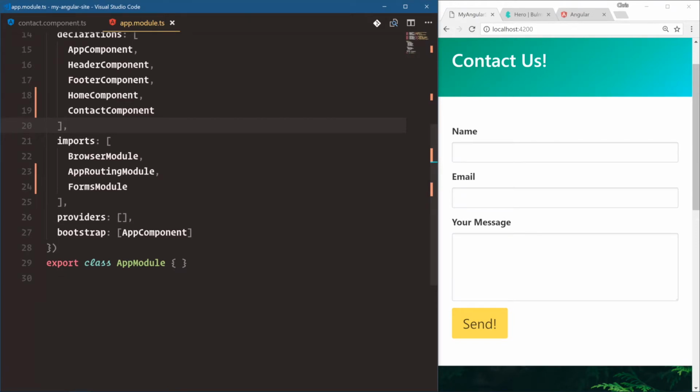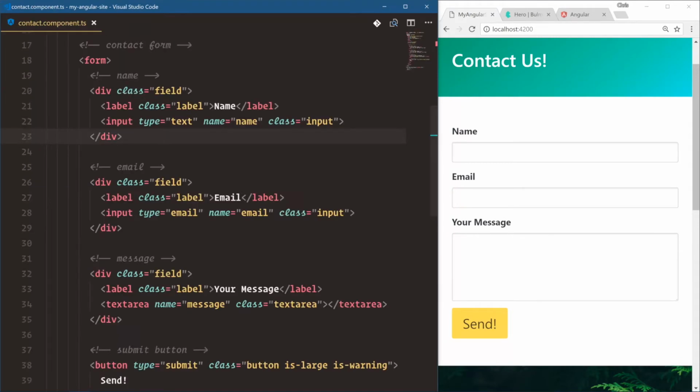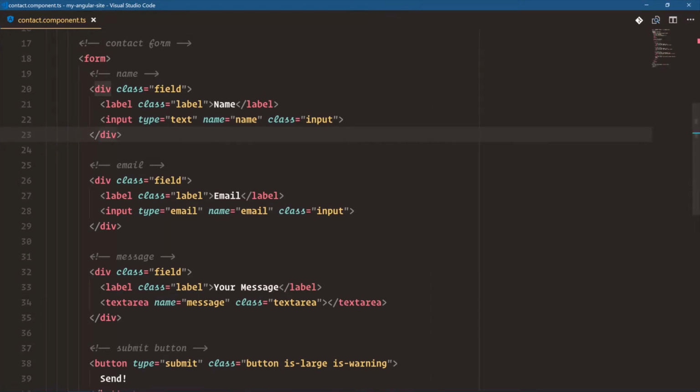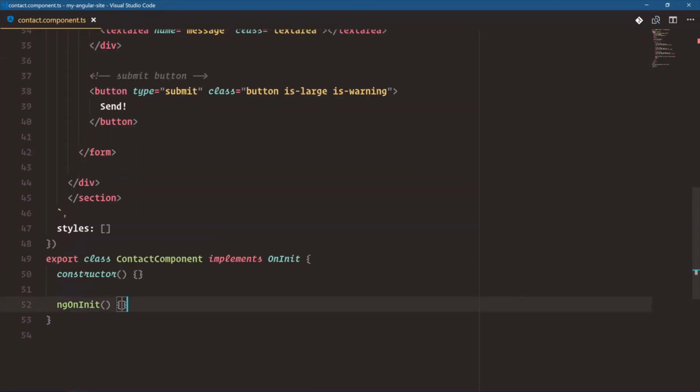Okay, so that's all we need to do to tell Angular we want to use the forms module. Now that we have the forms module, let's tell Angular to bind each of these inputs to an actual variable. So I want to take a step back. Let's say we were processing this form with vanilla JavaScript or jQuery. In here, if we wanted to do a submit form,